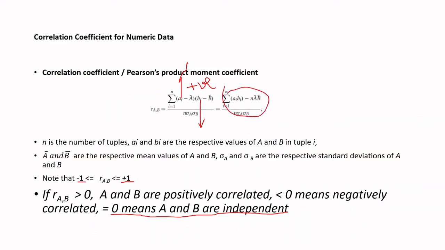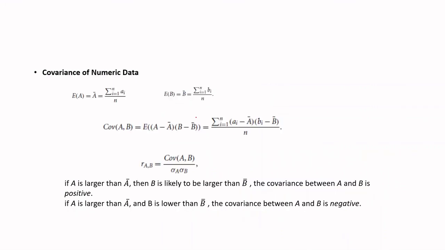This equation is actually the same as this equation itself. But this is easier to compute, because in this case we have to take each item and find its difference from the mean for both A and B. But here, once you calculate the mean, you just have to multiply the corresponding AIs and BIs. There is no need to find the difference for each one. But both are actually equivalent. So this is easier to compute and that is why it is written here. Now moving on to the next one,